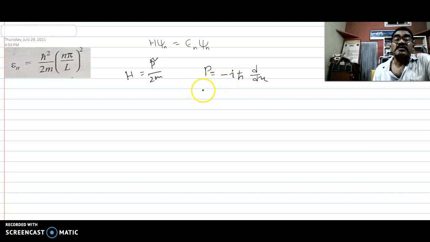If we put this in the Hamiltonian, the Hamiltonian will be equal to minus h cross square by twice m, d square by dx square. Now, Hamiltonian psi n is minus h cross square by twice m d square by dx square